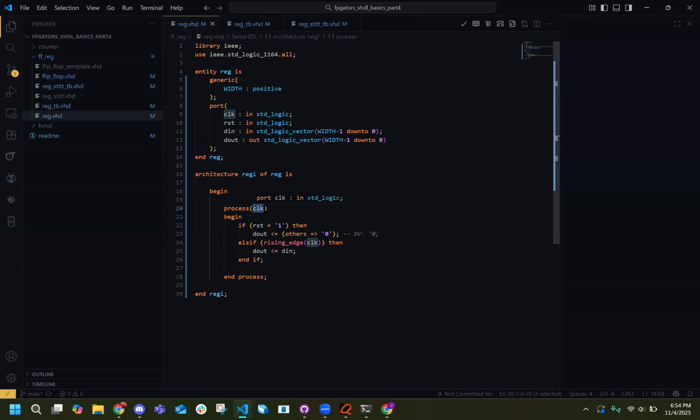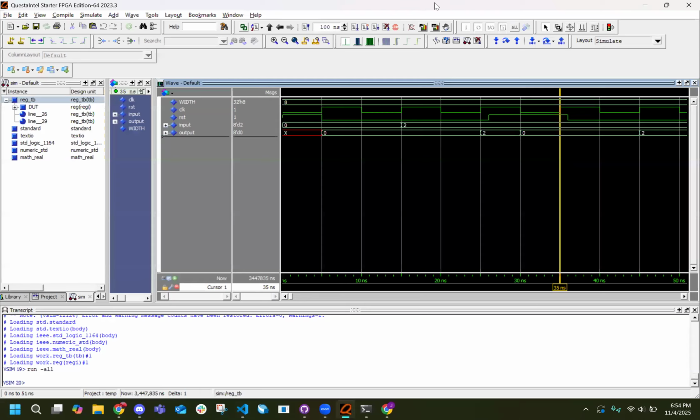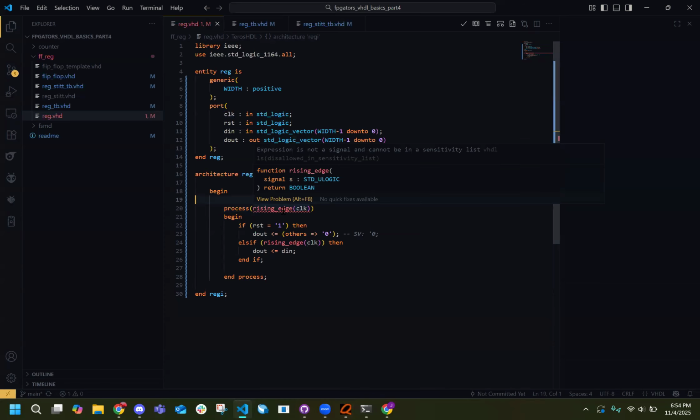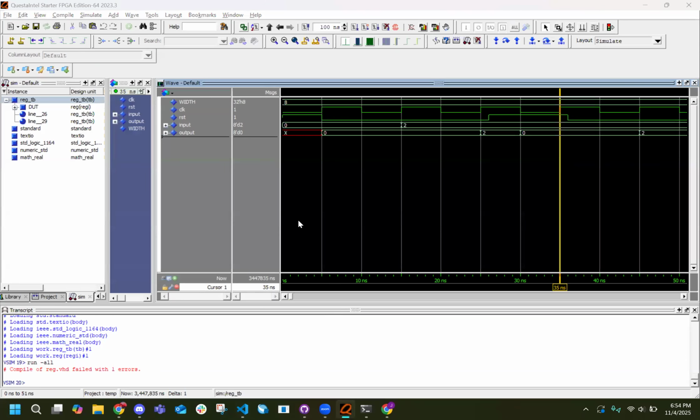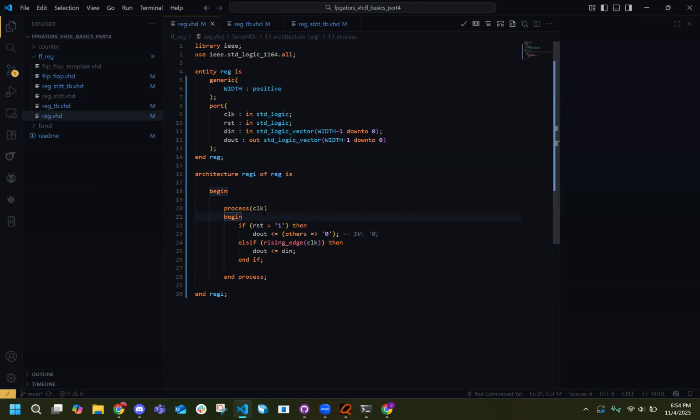You're saying in here? Oh, I have to do it there. Oh, right, because on the falling edge, that makes sense. I see. It should work like that. Wait, no. Yeah, but I'm saying, well, what you're saying makes sense, because this basically triggers the process whenever the clock changes, yeah, but